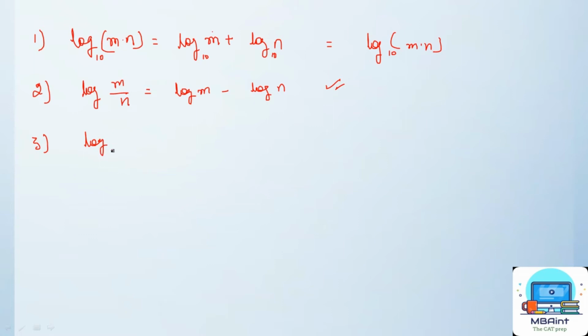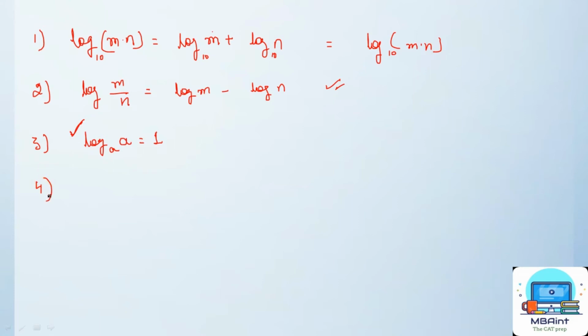So if you have a log where the base is, let's say, a, and the value is also a, the answer is going to be 1. So the value here is going to be 1. And again, why is it so? I have already explained it. Just explore it on pen and paper, and you'll get your answer here.